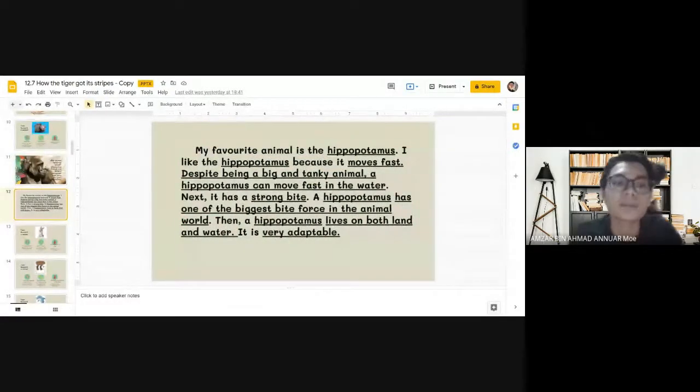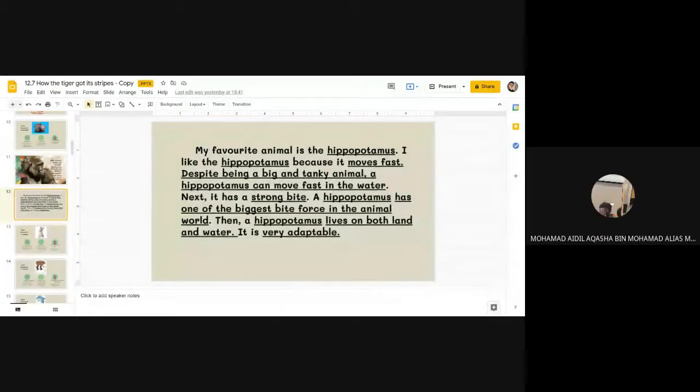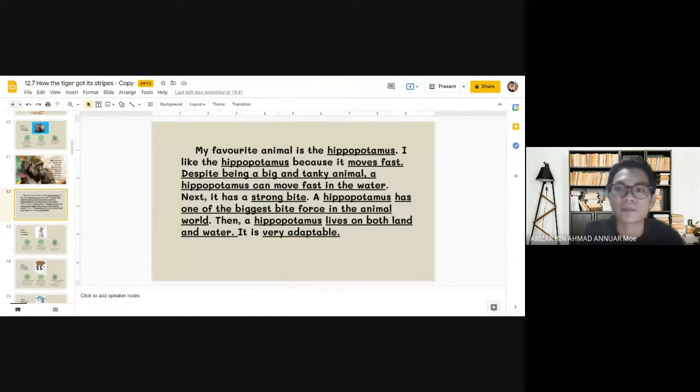Ayat yang lengkap menggunakan format apa? Apa bentuk yang kita gunakan untuk menulis dalam ayat yang lengkap? SVO. Yes, correct. Thank you very much, Hani and Aidil. Now remember, when you are writing, you need to write in complete sentences, and the usual complete sentences will consist of 3 things: SVO, subject,